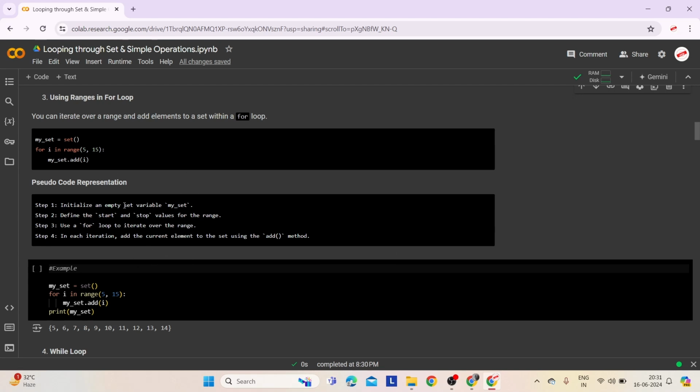Let's look at the pseudocode representation of it as a summary of how to do it. First, create an empty set called mySet. Determine the starting, start, and stopping, stop values for the range of numbers you want to include. Utilize a for loop to go through each number in this range. During each iteration, add the current number to the set using the add method. By the end of the loop, mySet will contain all the numbers from the specified range, ensuring each number is